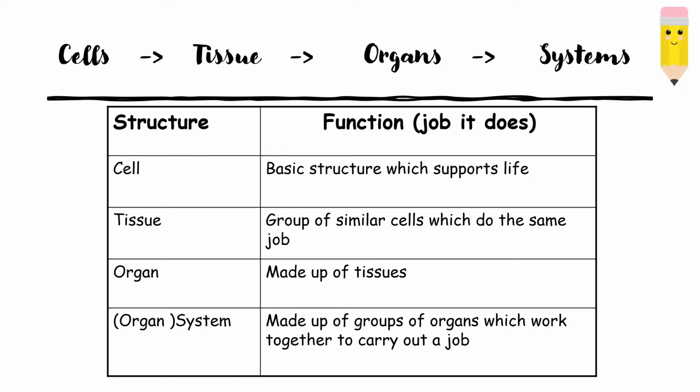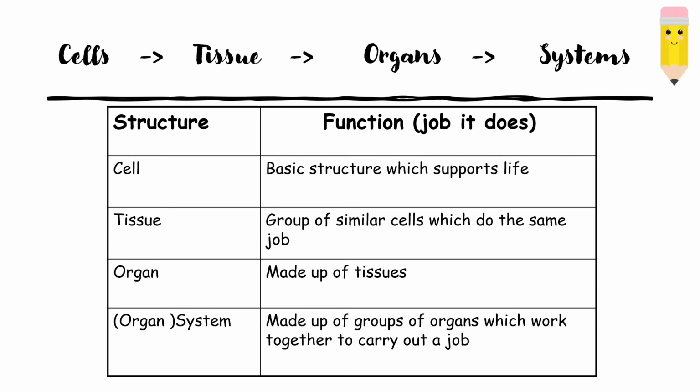So smallest, we have cells. Cells form together to give us tissues. Tissues form together to give us organs. Organs form together to give us organ systems. Okay, and in the table here, we're just describing each of those structures and the job or the function that